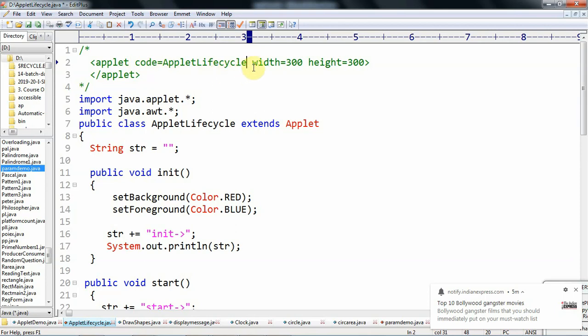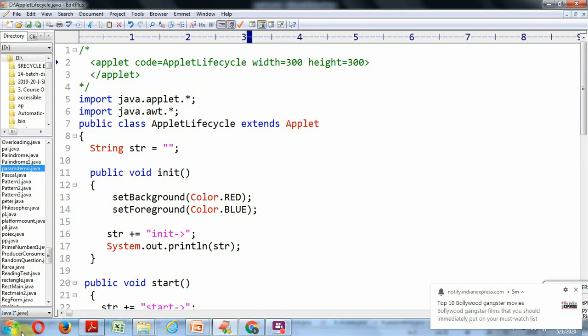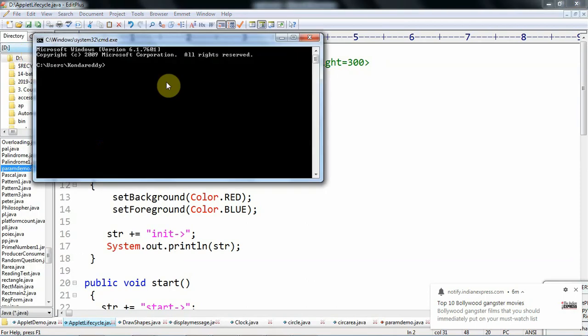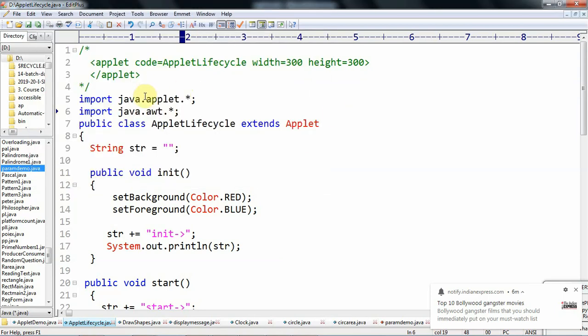Applet code equal to AppletLifeCycle, width equal to 300 pixels, height equal to 300 pixels, and end of applet. Then save this program, then go to compile. Because I saved this program in the D drive, move to the D drive, then compile the program with javac. Here we need to give the public class name as the file name.